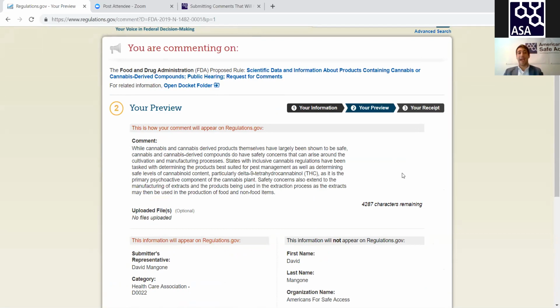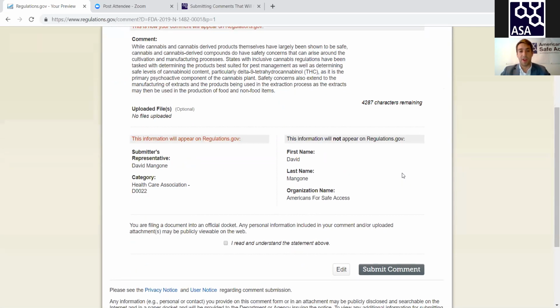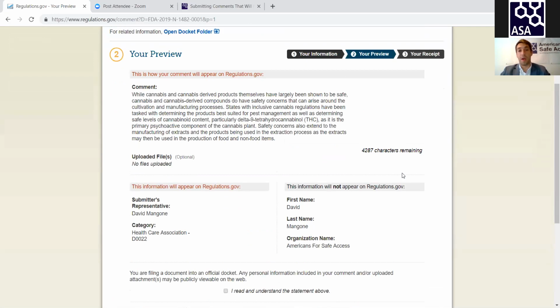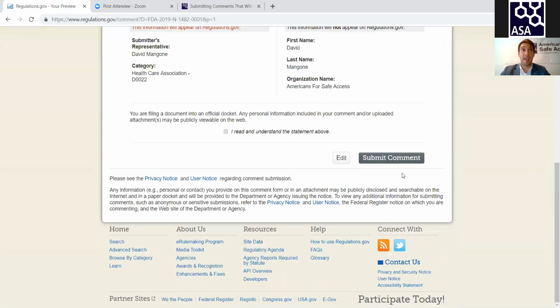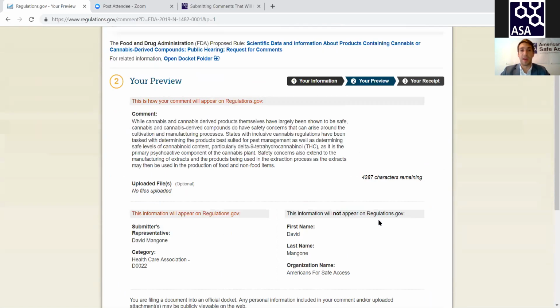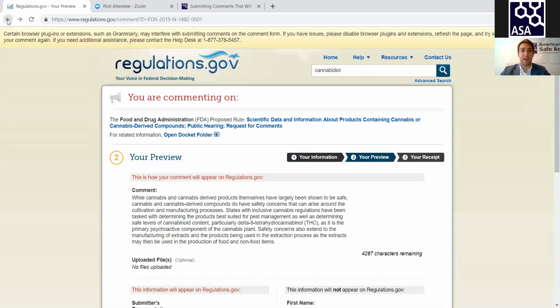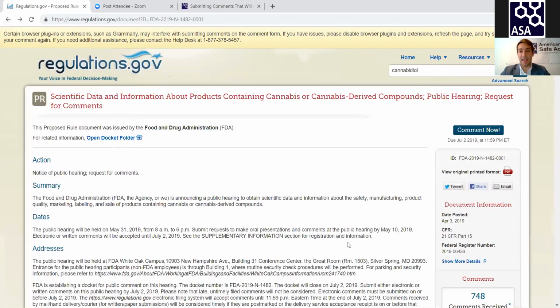I've found in the past this tracking number is only marginally useful. It basically says either your comment has been received or your comment is under review. There's not really any other distinctions beyond that. And the comment under review tracking identification won't become available probably until the 2nd or 3rd week of July after these comments have been submitted. So that's generally how you use this platform.